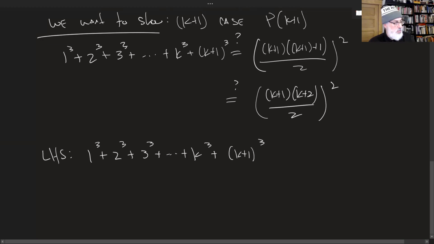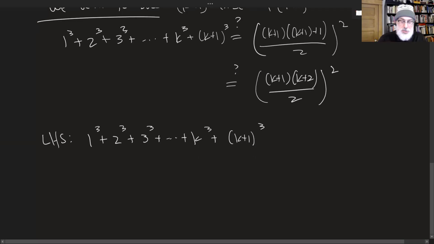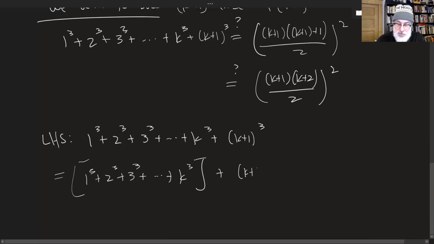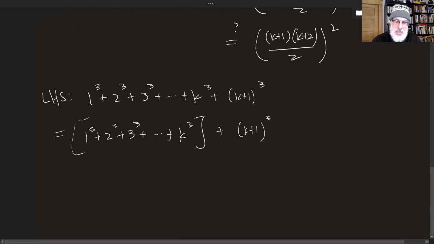Just so it's clear what I'm doing. The first thing I'm going to show you here is that we're going to group the summation all the way up to the kth term. Now, this might seem a little trivial because I'm just adding parentheses, but this allows us to see a little